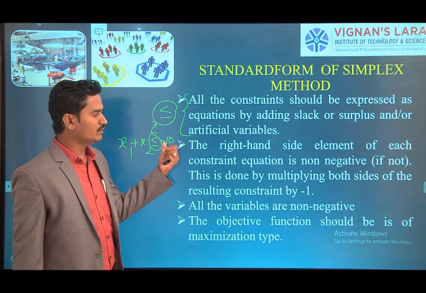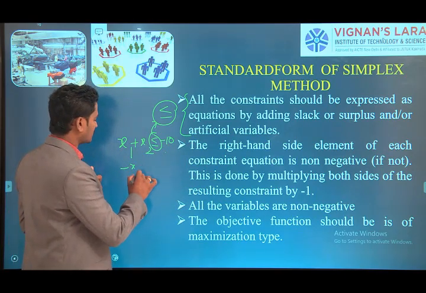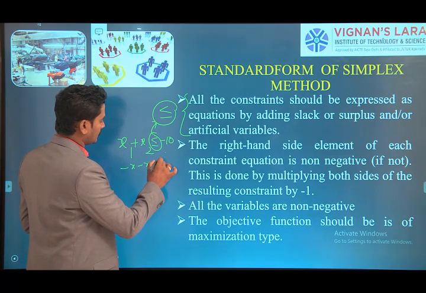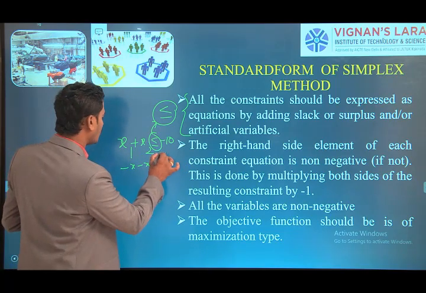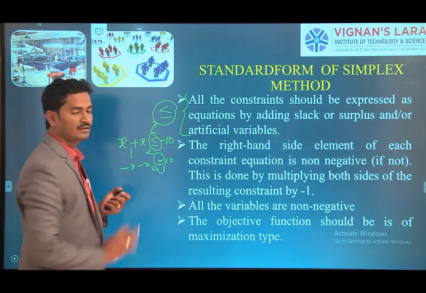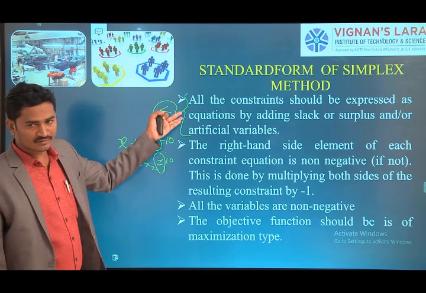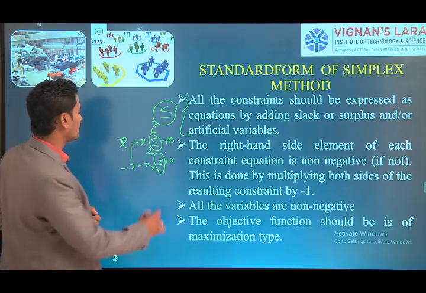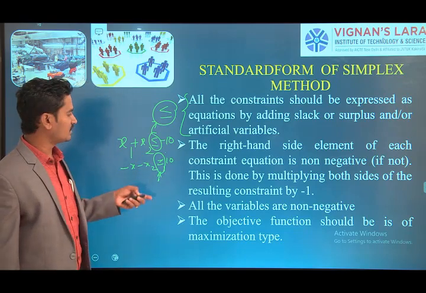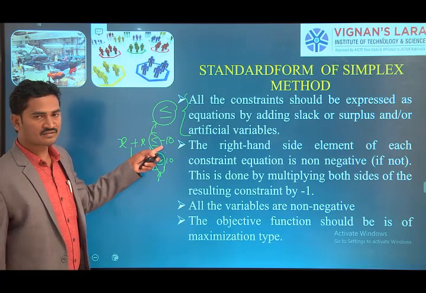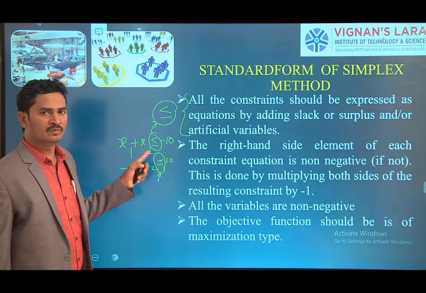So we convert this into the required form by multiplying by -1, giving -x1 minus x2 greater than or equal to 10. After converting, the rule that all constraints must be less than or equal to type is violated, because we get a greater than or equal to type constraint. That's why for these cases, simplex is not suitable. For this, we have another method that we will discuss later.